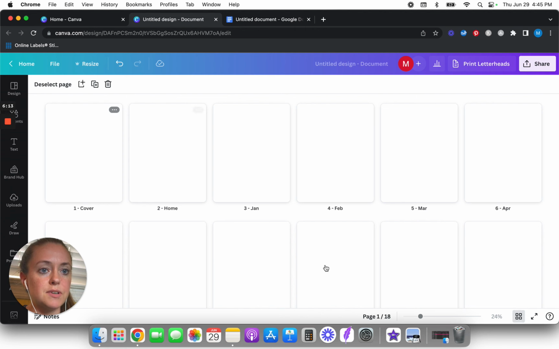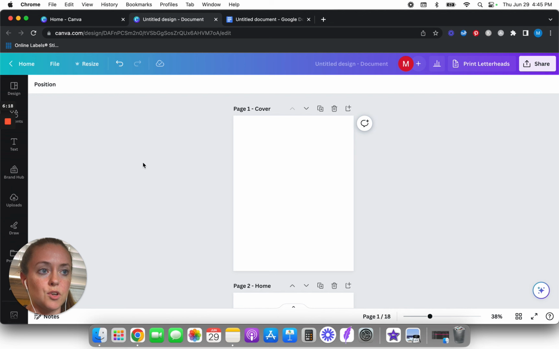And what I'm going to do is, now that it's in the grid view, I'm just going to double click on the page that I want to go to and start from here. So this is going to be the cover page. It's going to have the tabs on it, and you're going to be able to click all the tabs, but no one goes back to the cover page. Hopefully that makes sense. So I'm just going to click on this, and now I'm going to create it to